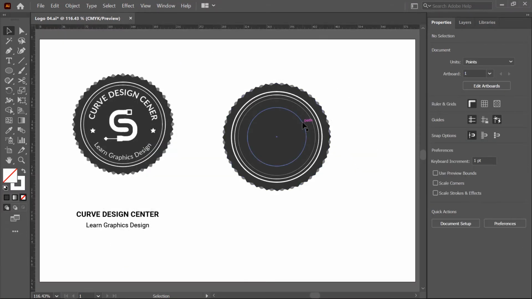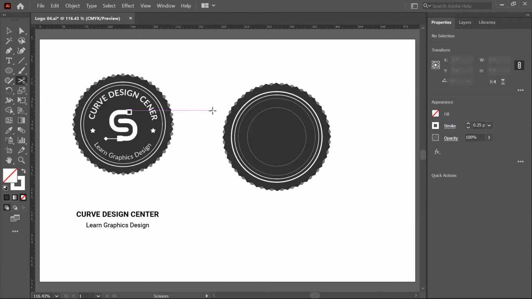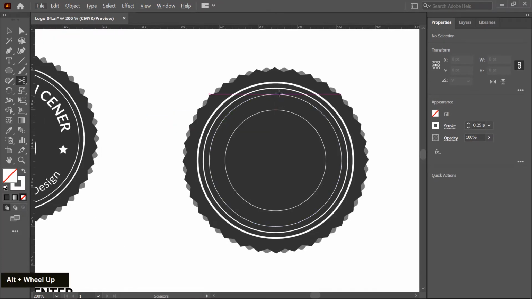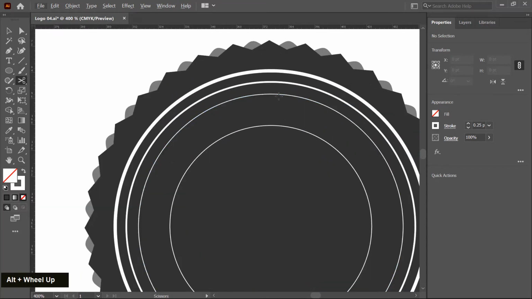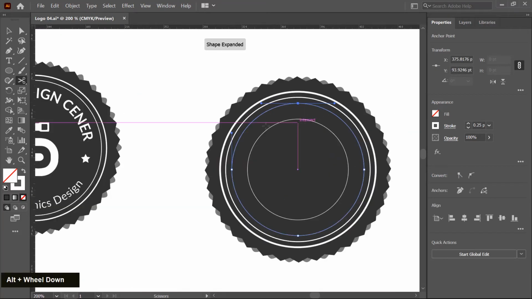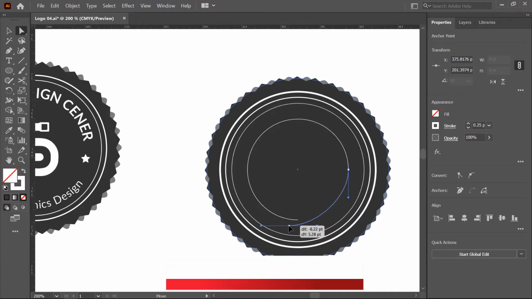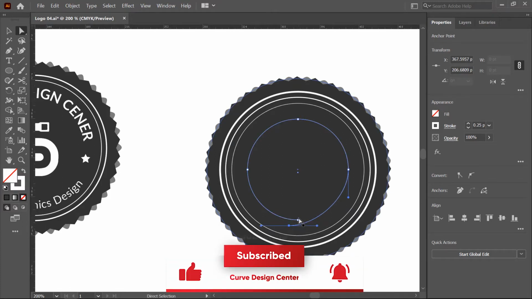It's a closed path, and by using the scissor tool we can break this into an open path. So I choose the scissor tool, it's available here, and the keyboard shortcut is C, and by clicking on the point we can break a path. For this text we break the path from the top, and for this big text I break the path from the bottom point. Okay, and by using the direct selection tool click on this point and then click and drag. So it's an open path.